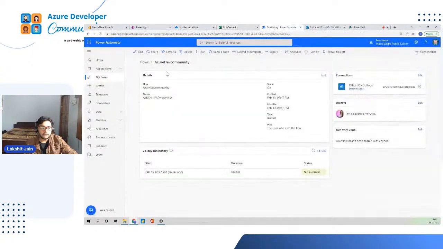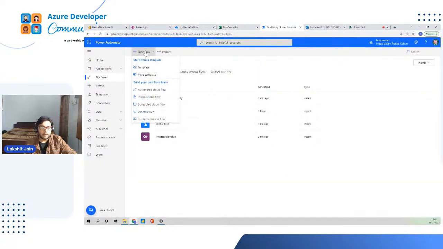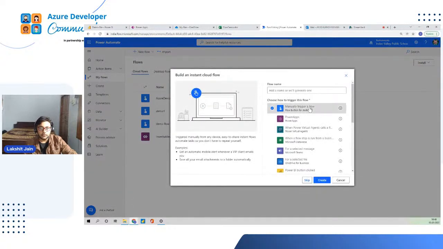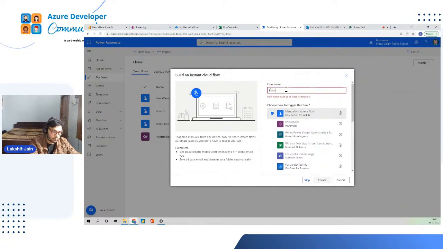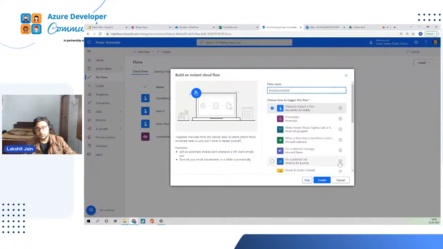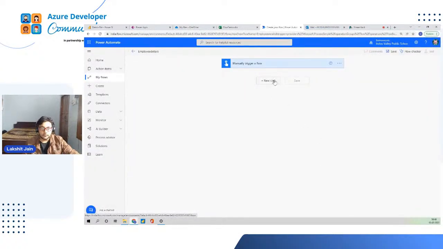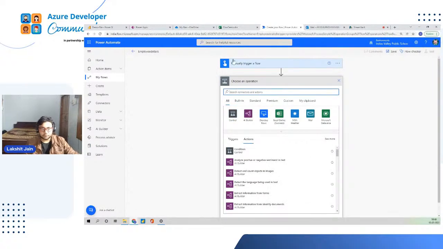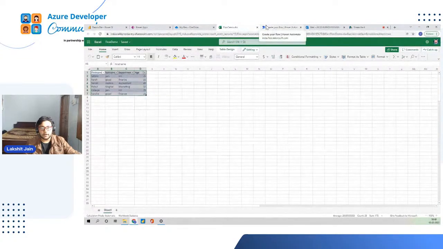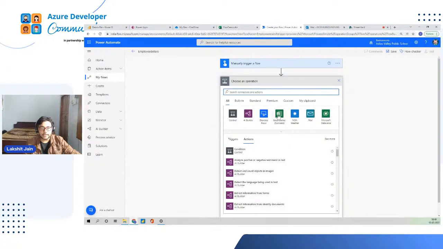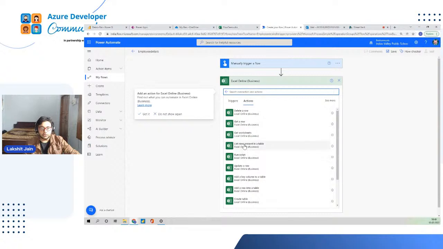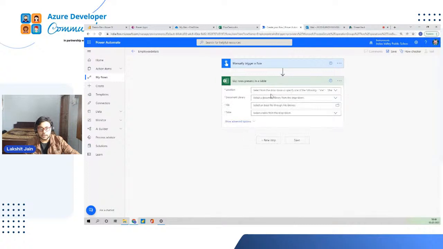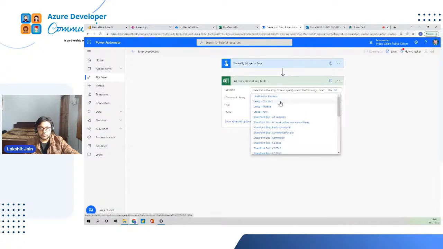So how can I do that? Let me create one more flow. I'm going to go to the top and choose instant cloud flow again. Let me choose employee details as the flow name. Now let us connect to this file which is on OneDrive. For that, I'm going to choose the Excel Online connector. For reading all the details present in this Excel, I'm going to use the list rows present in a table action. I'm going to connect to this location,